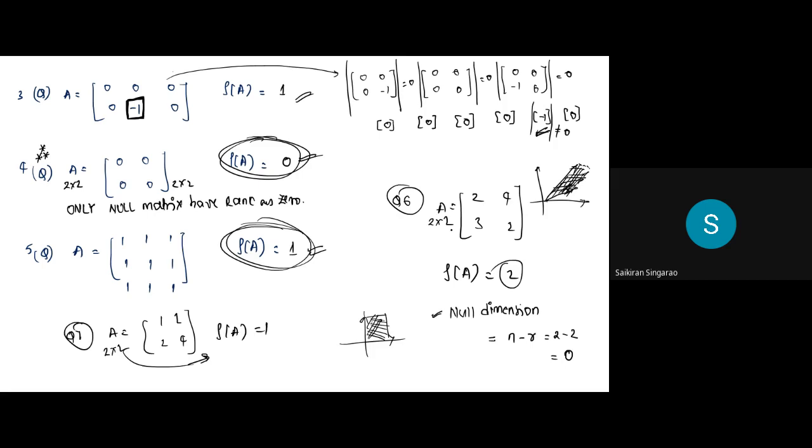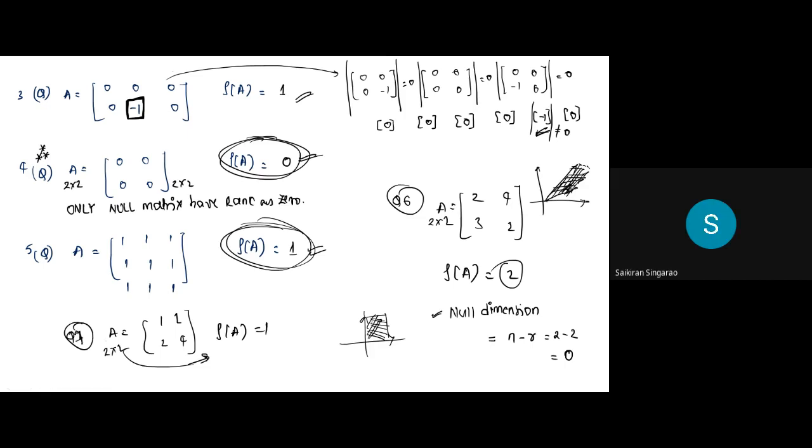That means to show a 2 cross 2 matrix, you need a sheet, or at least 2D, and you are requiring 2D here. So it has not lost any dimensions. That's why its rank is 2. That's why null dimension is 0. Did you understand this point which I'm saying here? Yes, sir.